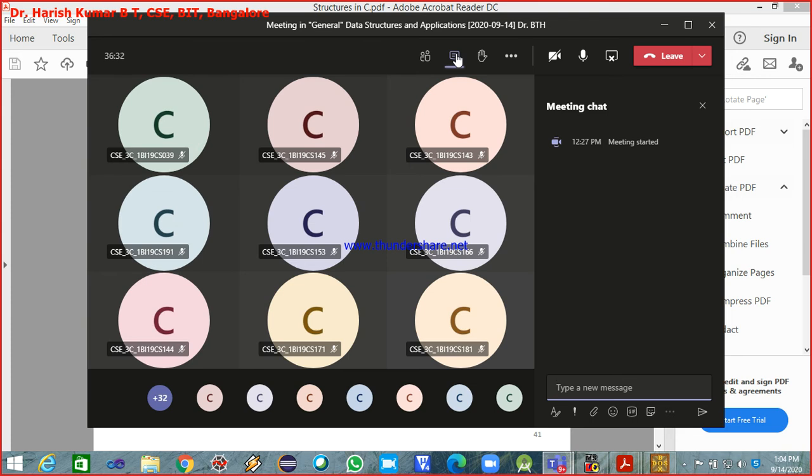Do it quickly, because today I want to complete pointers and structures, and then start with the union. If I get two to three responses, I'll continue.